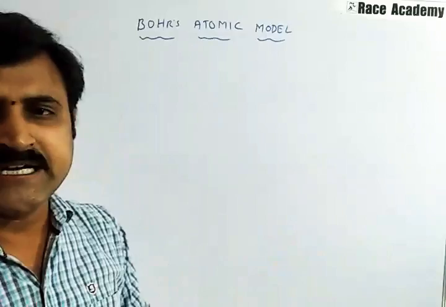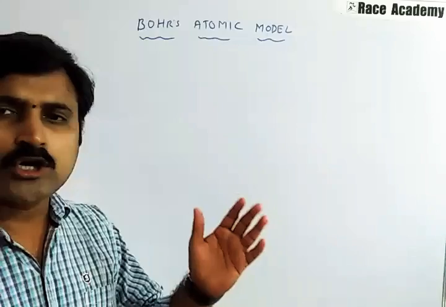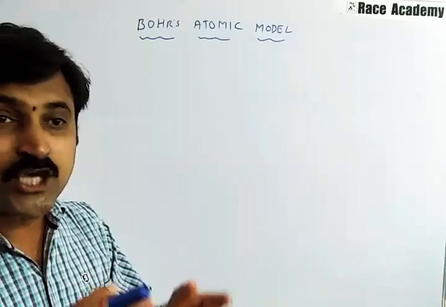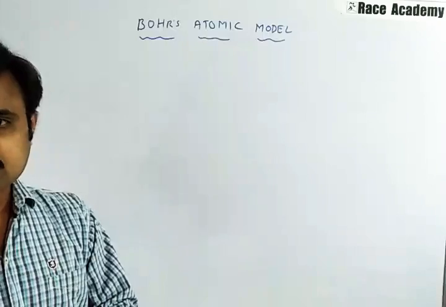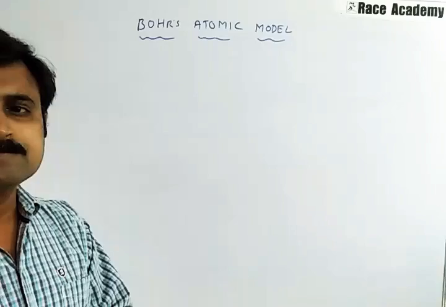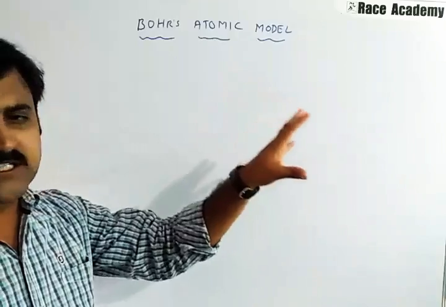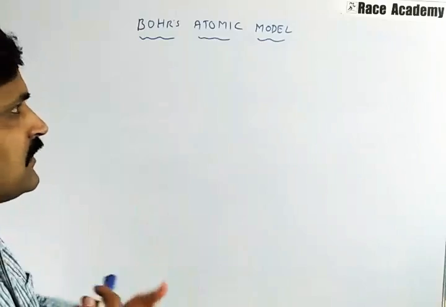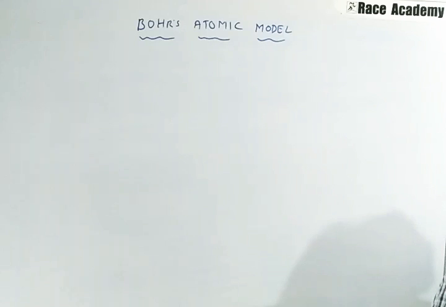The first one we will discuss is that the atom has a nucleus where all the protons and neutrons are present. The size of the nucleus is very small. It is present at the center of the atom. That is one of the most important postulates of these theories. It is a postulate which was already discussed in Rutherford's model, and that is again revised by Bohr's quantum mechanical model of the atom.